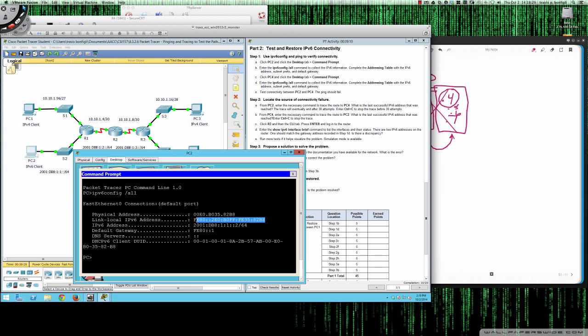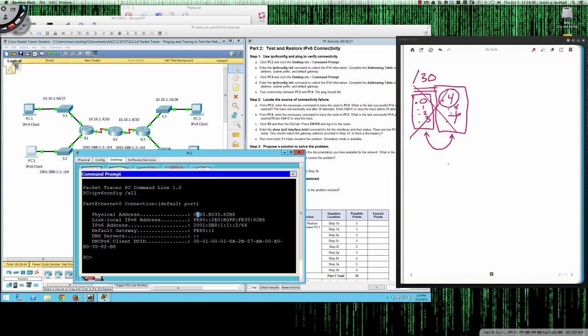which definitely looks like it's using EUI-64, because we see the FFFE in the middle of what used to be the MAC, and the 7th bit was flipped, and that's why the 7th bit sits in here. And so real quickly to talk about this, what's happening here is, if you remember, the MAC address is B0:35:8... I might as well write it all out, B035.82